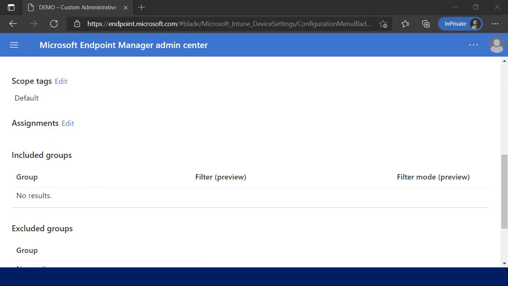When we're thinking about translating from on-prem GPO to MDM, a question comes in about how I assign these. A very common discussion is, I have these organizational units in on-prem AD that I use to assign my policy, but I don't have that in Azure Active Directory, so how do I do it? How do I assign these? And the answer is that you're going to use groups, Azure AD groups, to assign these different